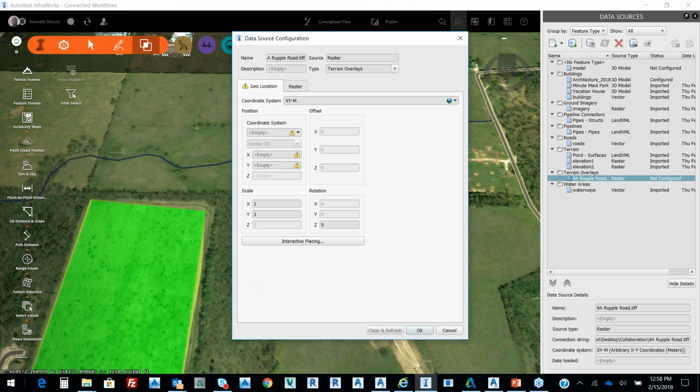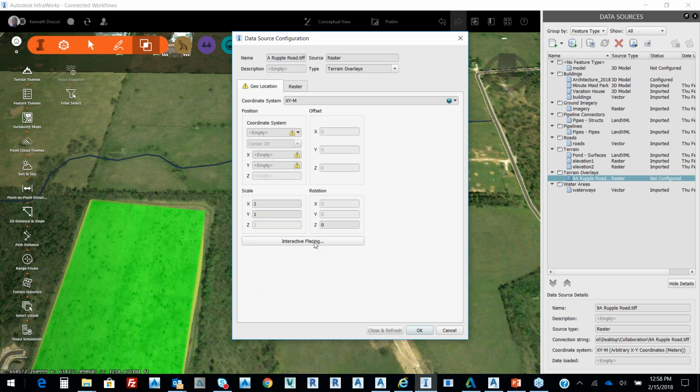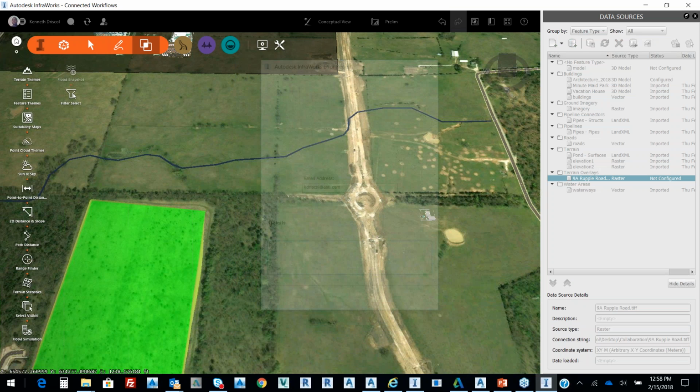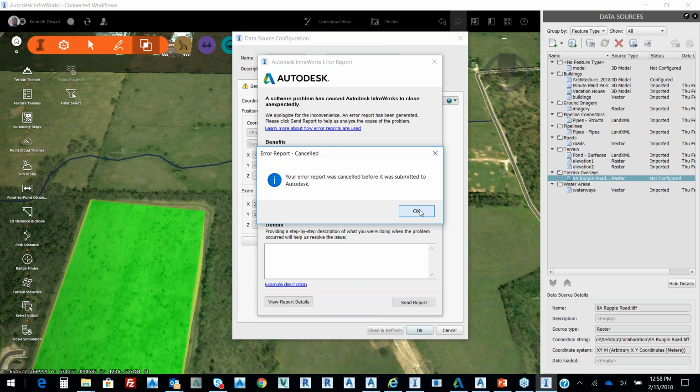With Raster Design, you can also take a TIFF or an image pulled down from Google or off a website. You can give it a world coordinate file that ties exactly into it. So here's my raster image, and then I just want to interactively place it. And we won't worry about that. We're going to start right back,